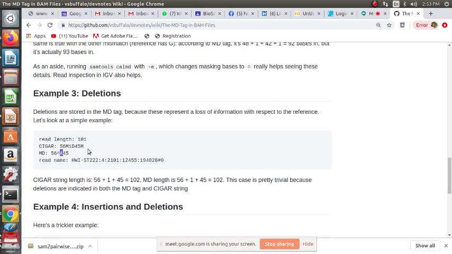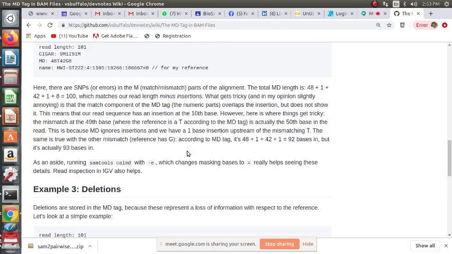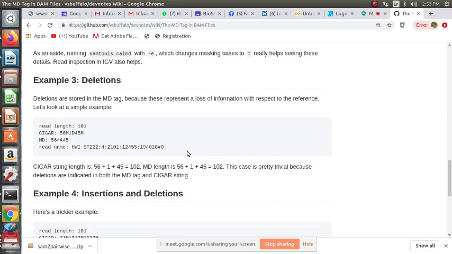That is why in the case of deletion we are mentioning the base which is deleted. In the case of insertion, we don't mention the base. And also we need to keep in mind the special character here: in the MD string, the caret symbol means that at this position there's a deletion.